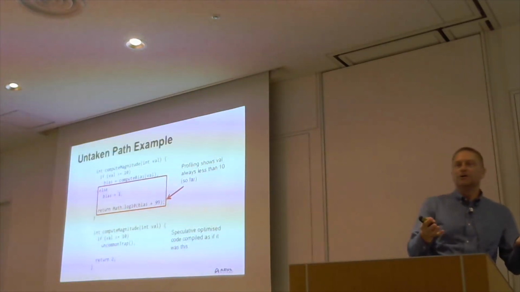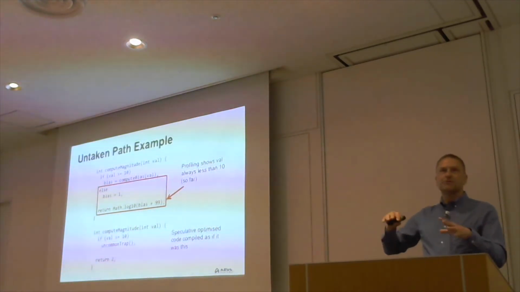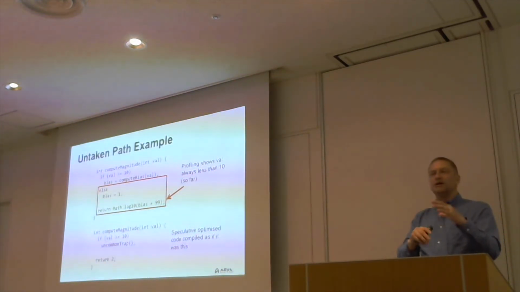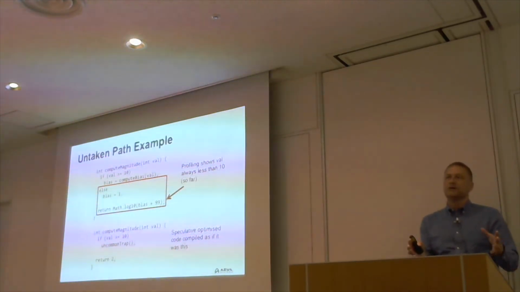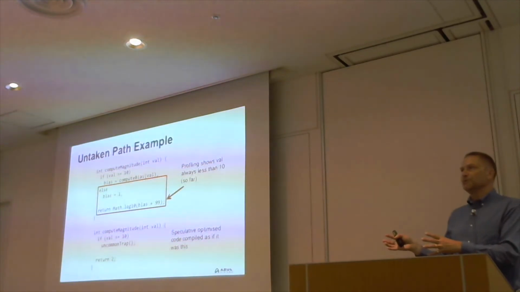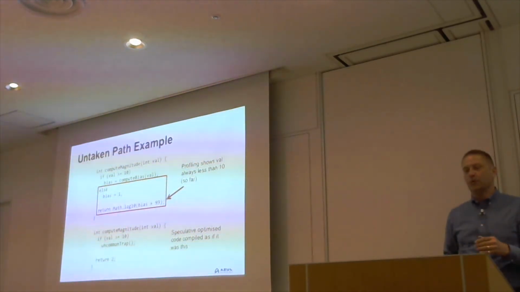So that's where you can see that rather than having to do all these method calls and if statements, you can make it a lot simpler and say, okay, in that case, it's going to give you much better performance. That's a speculative optimization, because it relies on the code always going through that side of the branch rather than the other one.